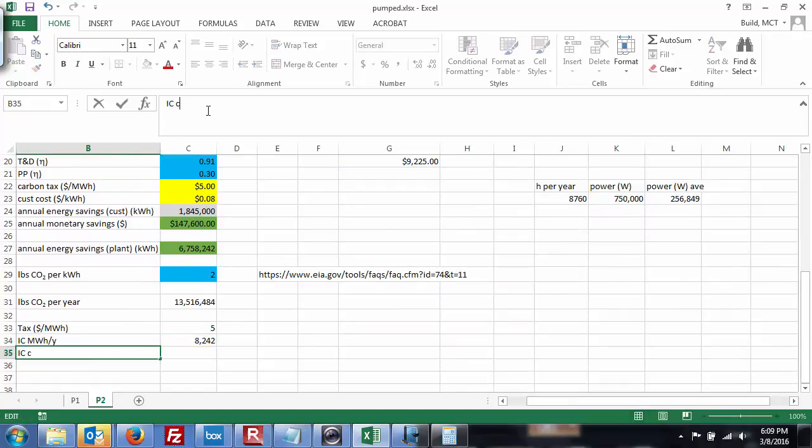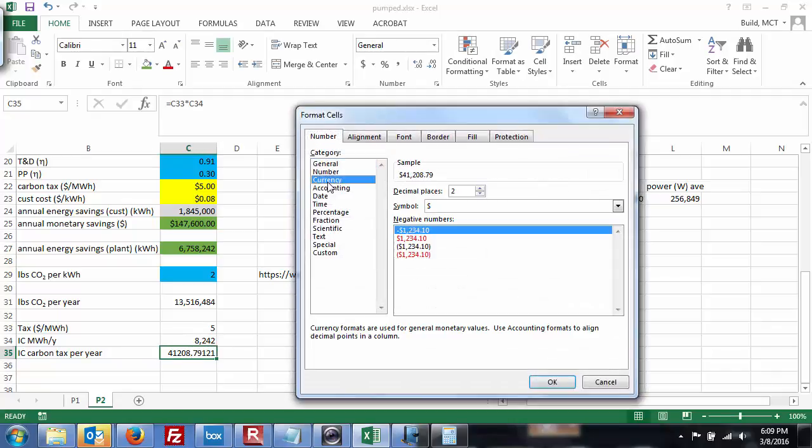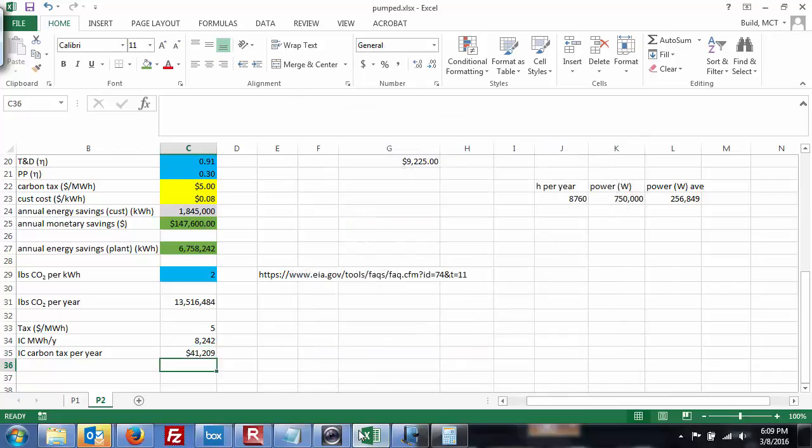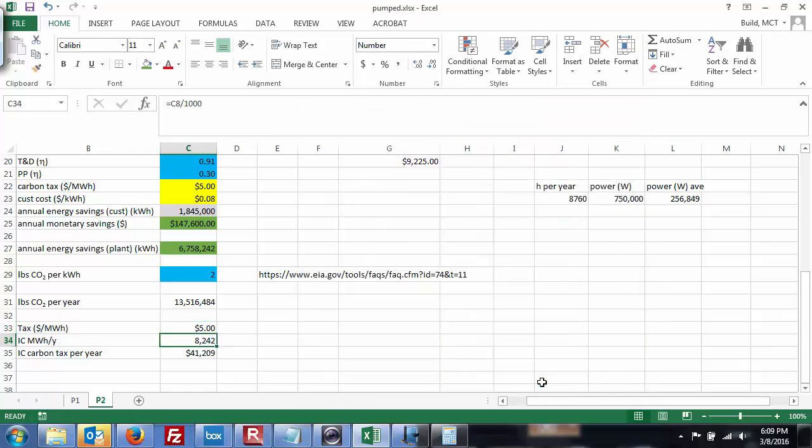IC carbon tax equals the megawatt hours times the currency. Okay, $4,000. This is in dollars. Currency, $5. Nice. And now let's take these two guys,